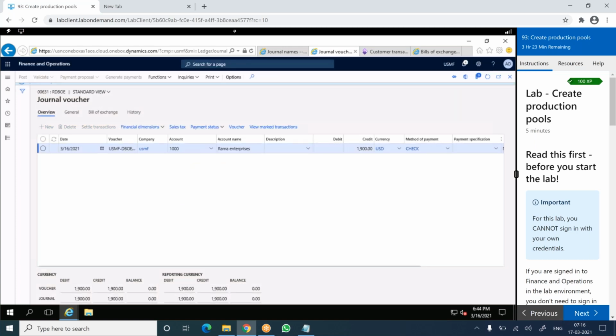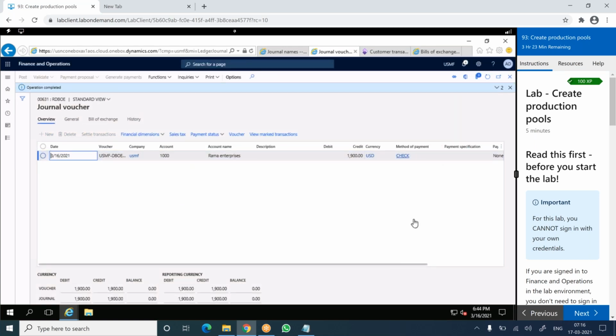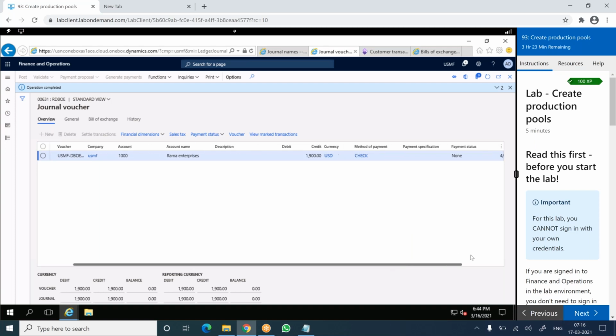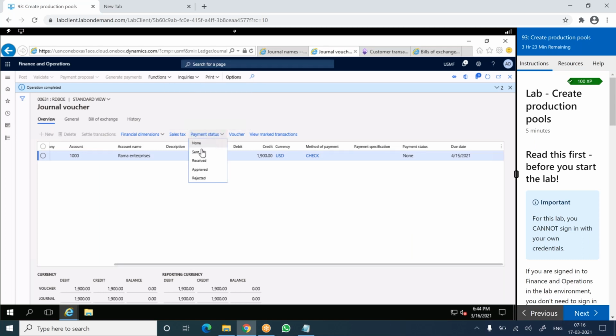Because check status should be... oh, it is completed. Fine, then it's fine. Usually it will stop the status sent. Actually, the status should be sent status. Then only it should be, but it was processed. Fine. Now if you verify the bill of exchange,